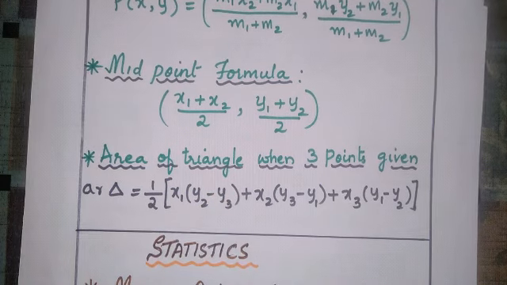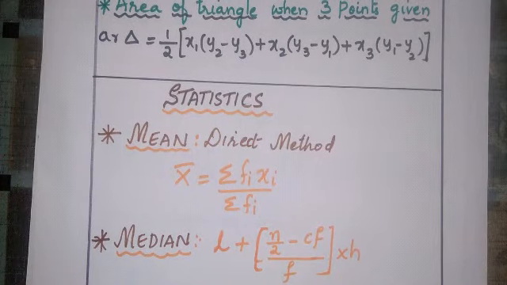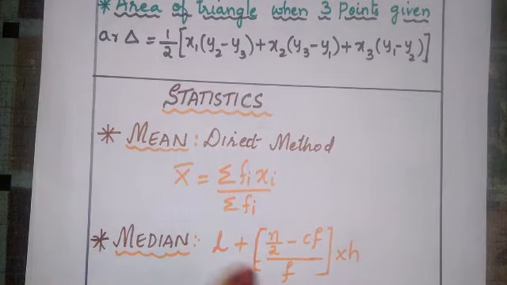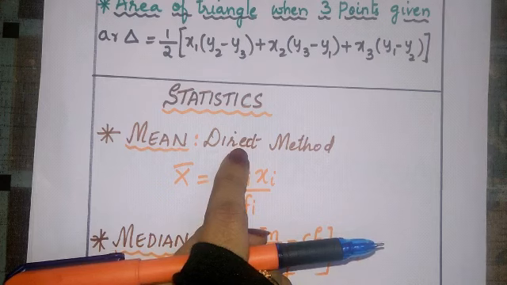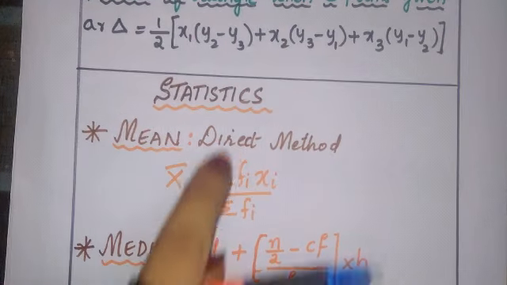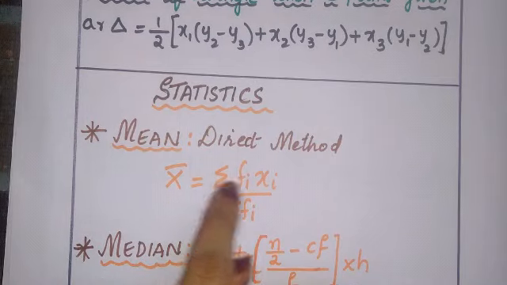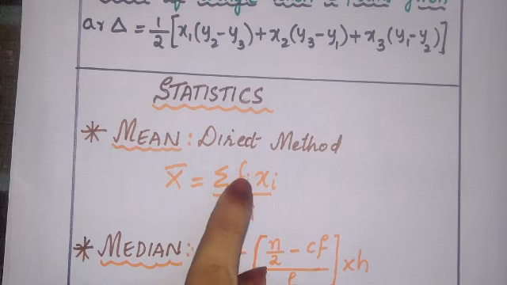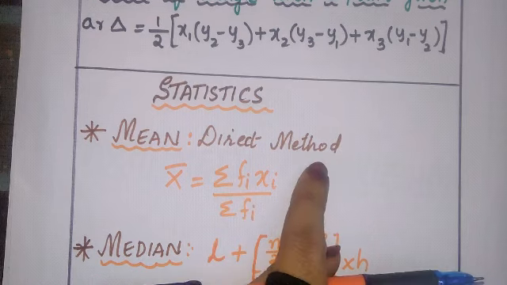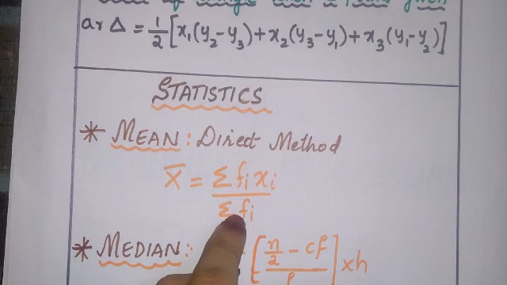Okay, so the next topic we are going to study here is statistics. In the statistics chapter, you only need 3 formulas, that is mean, median and mode. For mean, this year due to the pandemic they have told that only the direct method we have to use. So the formula is only mean is equal to sigma fi xi upon sigma fi. To solve mean you need to use this formula, and tabulation anyhow you know. At the last, for mean you have to find sigma fi xi upon sigma fi.